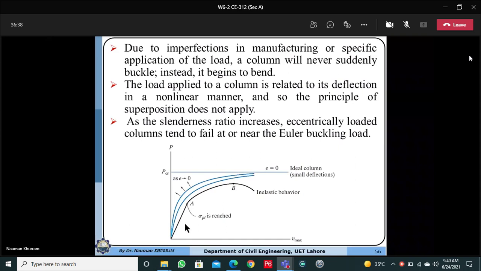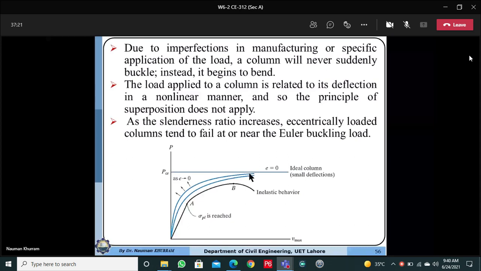So this is the numerical expression over here. For an ideal column, concentrically loaded, if we increase the load, there is no lateral deflection. So we keep on increasing, and the column will certainly buckle when the load is equal to P critical. So buckling occurs at this point. But with the increase of eccentricity, even though we are increasing the load, the column will start deflecting in the lateral direction due to the additional bending moment due to the eccentricity of the load. And the column will fail at a load value less than the critical load corresponding to the ideal column.